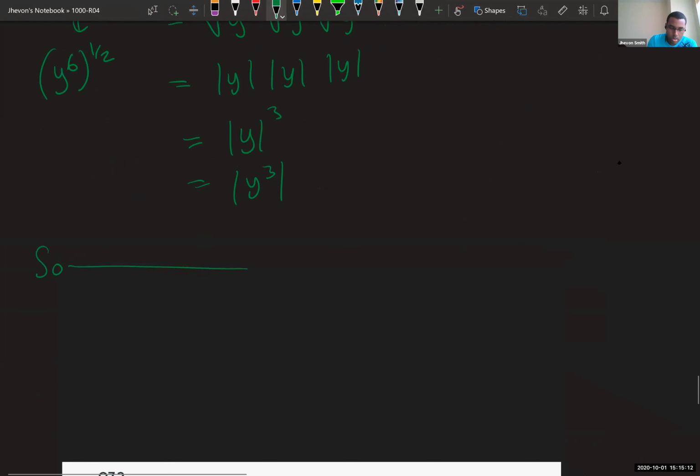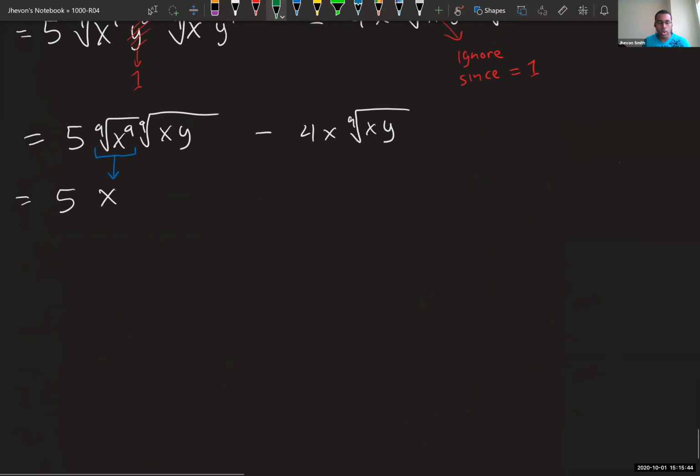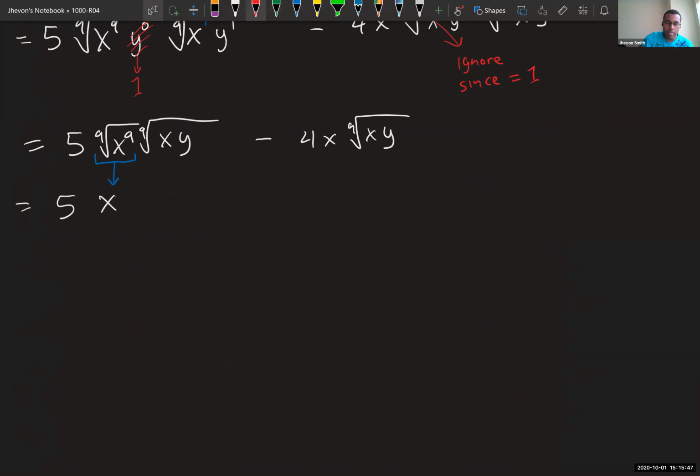So what this means is if I take the nth root of x to the n, it's equal to the absolute value of x if n is even, but it makes no difference if n is odd. It'll just be x if n is odd. And that's because if I raise a negative number to an odd power, it stays negative. Then if I take an odd root of a negative number, it stays negative. So it'll keep the sign of the original. So the 9th root just becomes x, not the absolute value of x. And so now